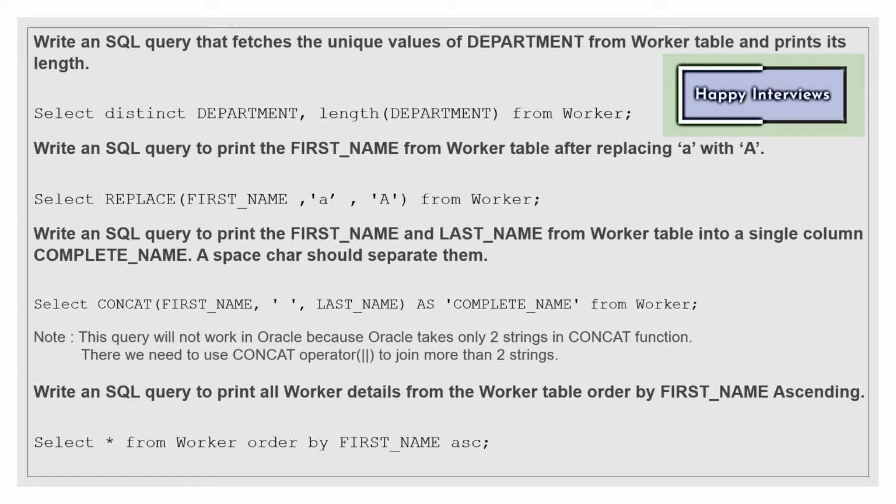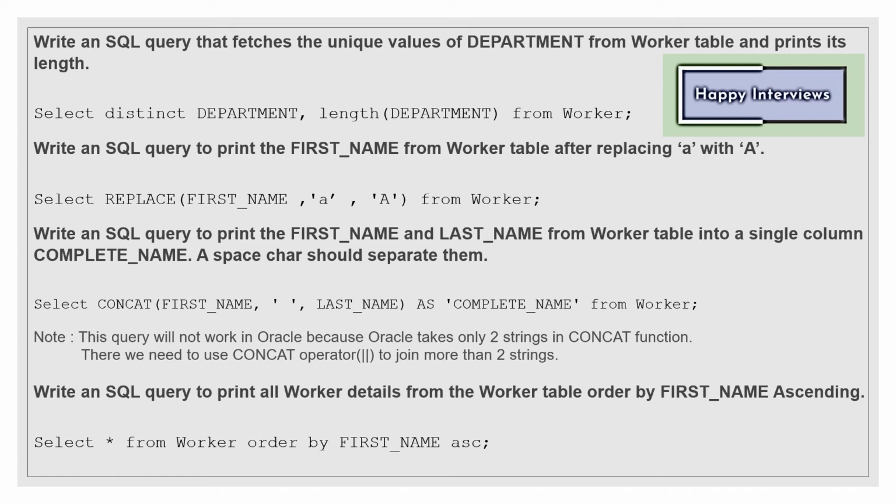Like here in the query, we can see select concat first name, comma, space, then last name. So the three variables are there in the concat function, and that will be as complete name. Complete name is given as the alias for whatever output is there, from worker. So the header of the output will be complete name.